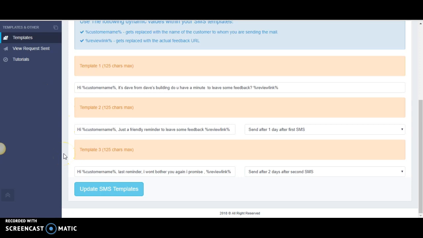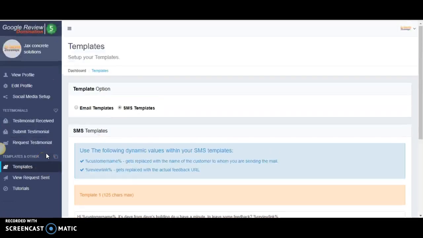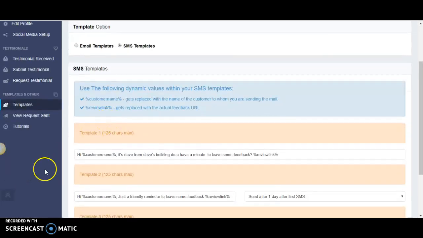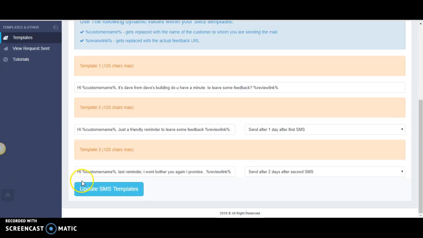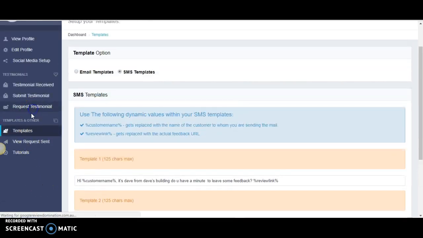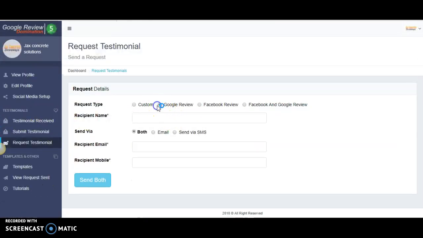There's a video on this in the tutorials library, guys, so just watch this video and it'll show you how to do this. Okay, so we make sure our templates are set up, we make sure we've got our YouTube video uploaded to our account, and remember, every change you make to this system, you need to press the tab at the bottom to save it. Okay, now requesting